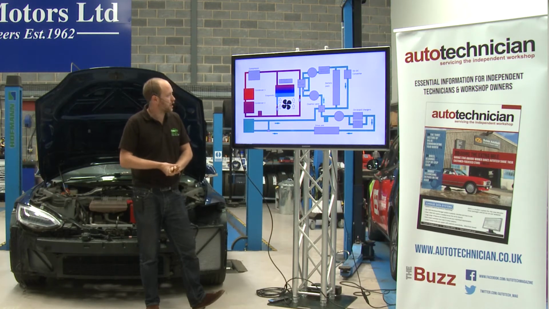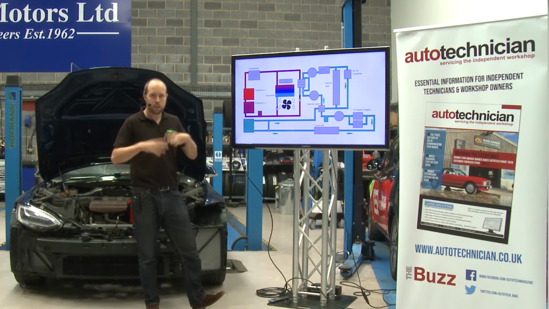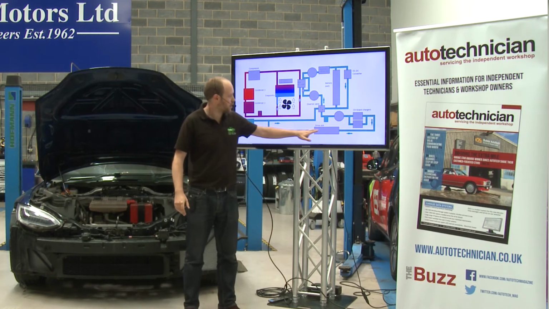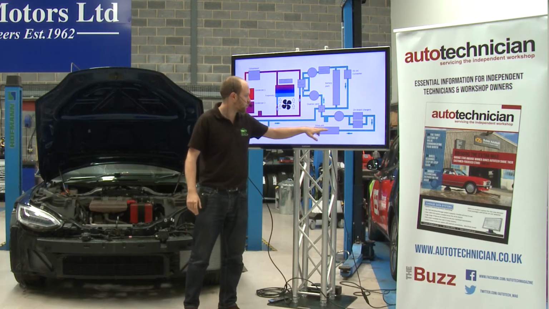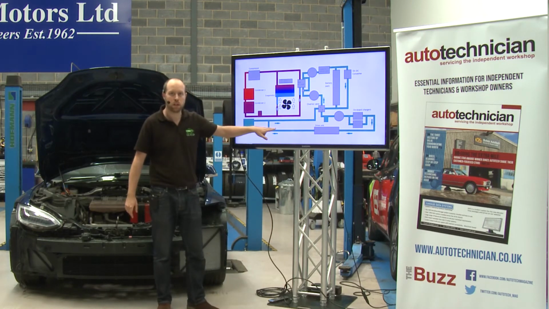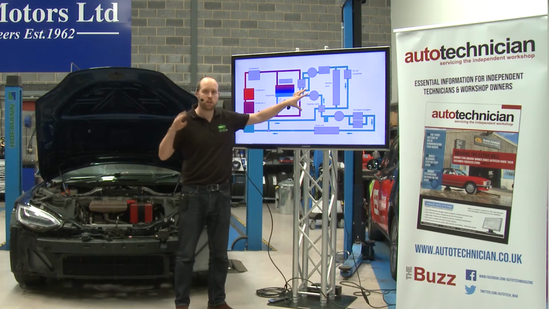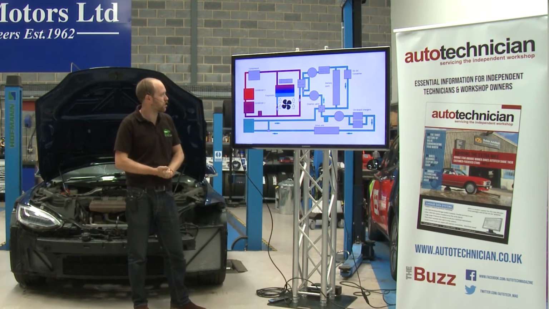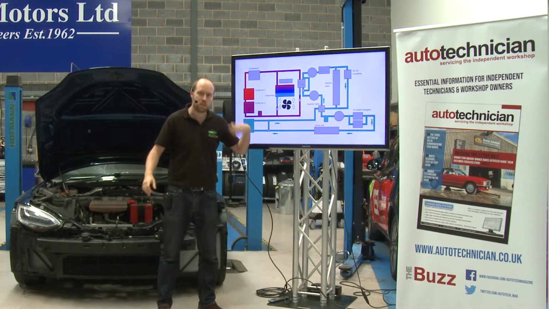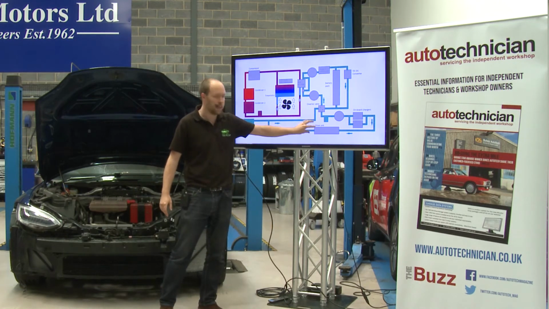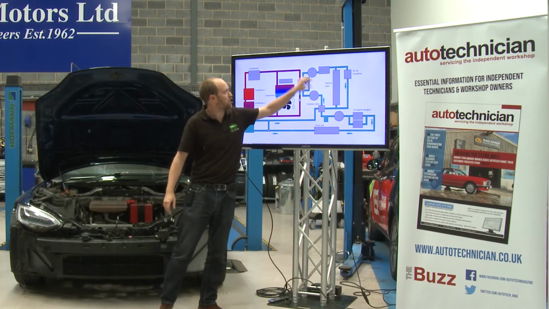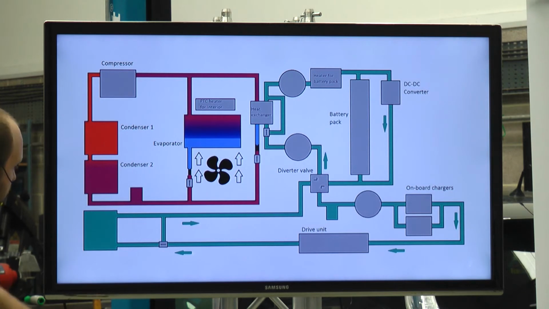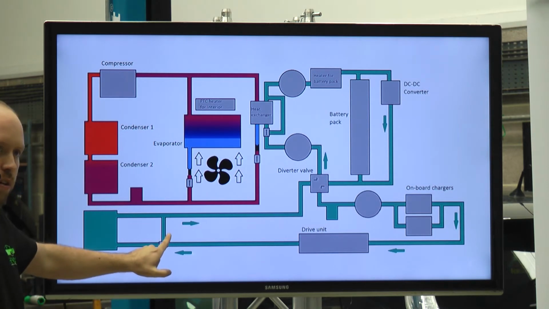So let's say we're driving on an extremely cold day, but we're driving the car moderately hard. We will then be creating waste heat in our drive unit from driving the vehicle, but actually our battery is still below its optimum working temperature. It's then desirable to make the best use of the available energy to actually move the heat from the drive unit into the battery pack, and then we don't have to use our heater. So the way we do this is we have a little valve here, which is our radiator bypass